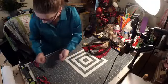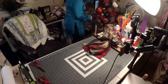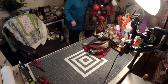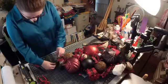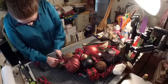Stuff falling around all over the place. I'm going to put this back on the table. I'm going to do it this way this time. Well, we'll do it this way so you can see. Okay, so I'm going to put this one right